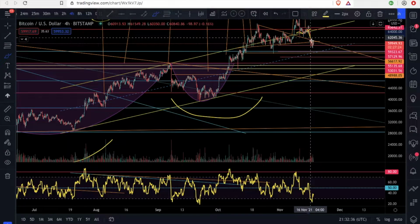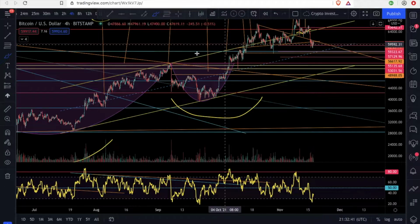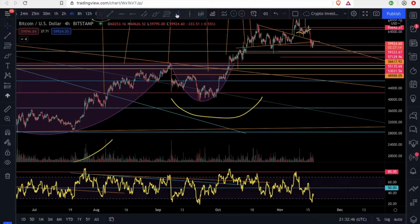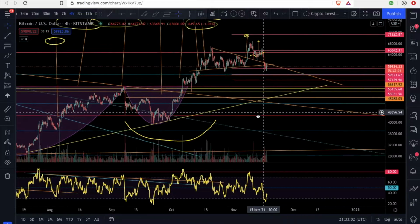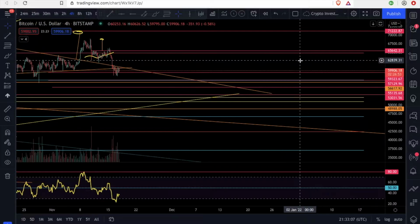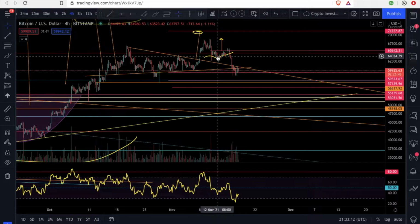So since the Bitcoin price is now below this line, I will tell you right now, I'm gonna delete this wedge because I want to draw a new resistance right here. It will be from here, using the 4-hour time frame from here to here. Look at that. Turn it yellow. So right now the Bitcoin price is following this price range. So how low can the Bitcoin price go right now? So right now,